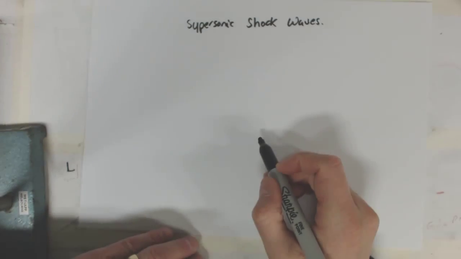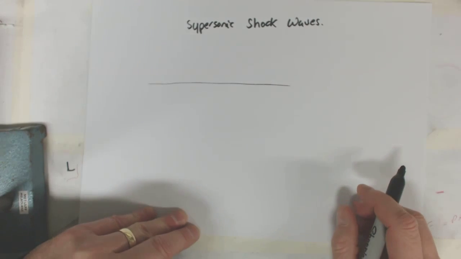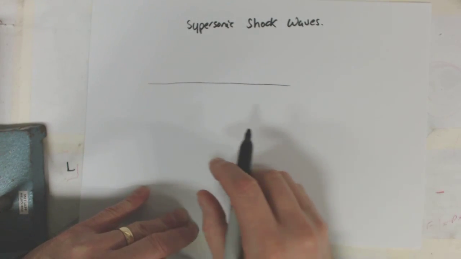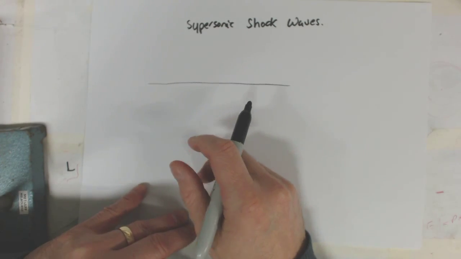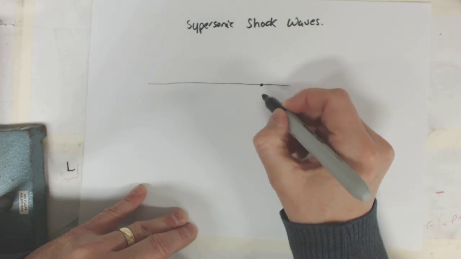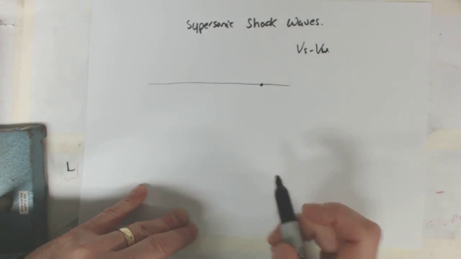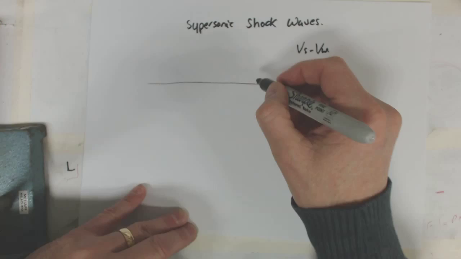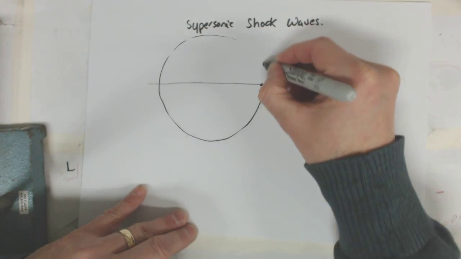What I want to look at here is, and hopefully I can do my drawings well enough, supersonic shockwaves. An interesting thing. So we'll use a plane, because it's planes that can travel faster than that. And what we're going to get, if this is a plane traveling at the speed of sound, is like an extreme Doppler, so your Doppler diagrams will have helped us. Then we're going to get a series of circles